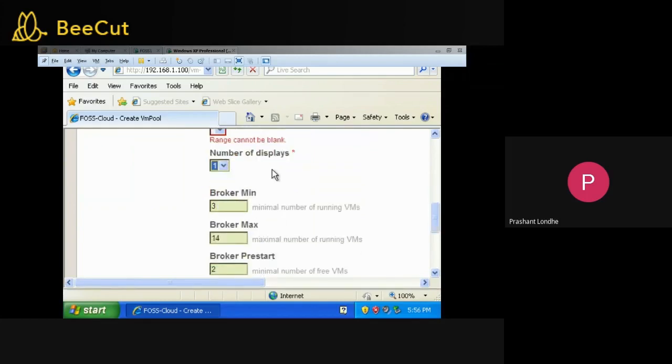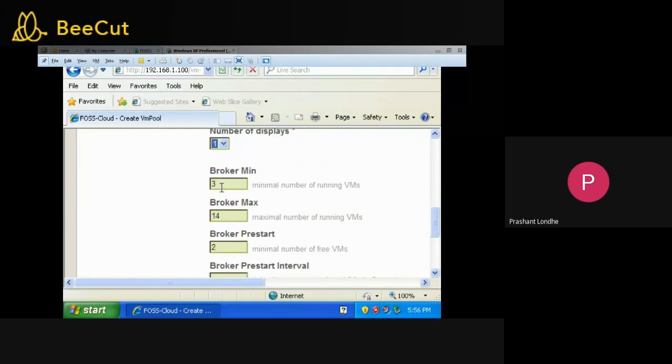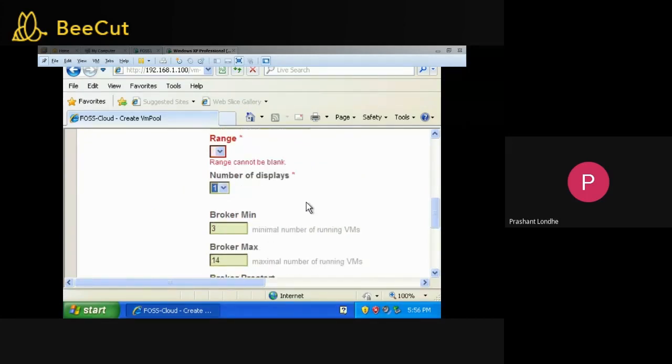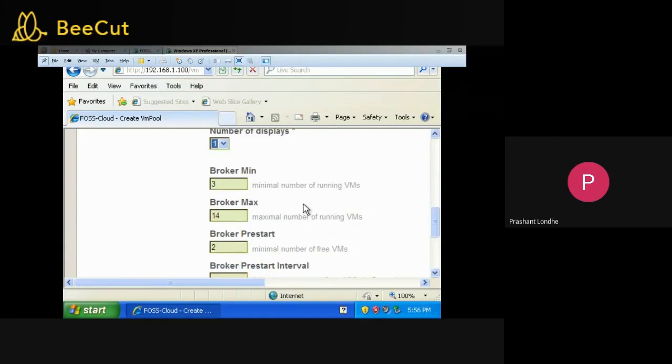Number of displays is 1. Then, if you are selecting this VM pool, how many VMs can you run? So I can run 3 virtual machines on this VM pool or storage pool or any other resource pool.